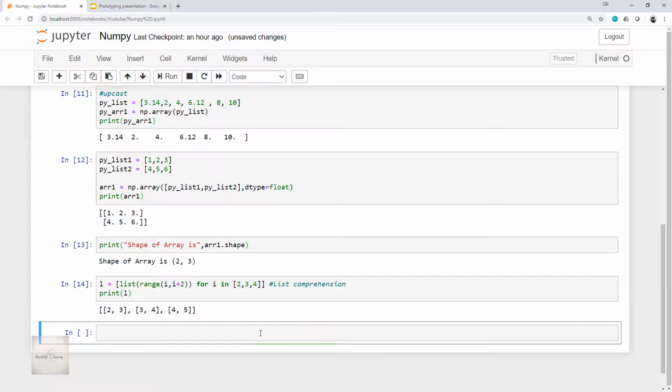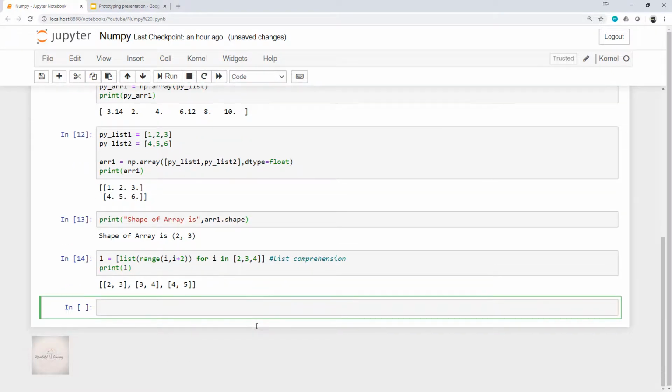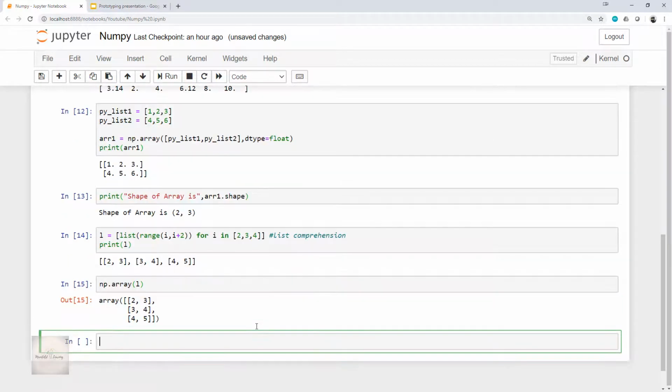So now to convert this list of lists into a NumPy array, we just have to pass this output inside the NumPy array function. So it will be like np.array of L, and execute this.